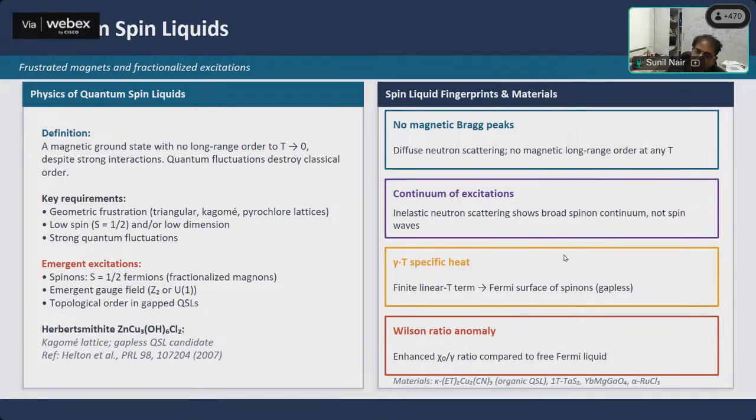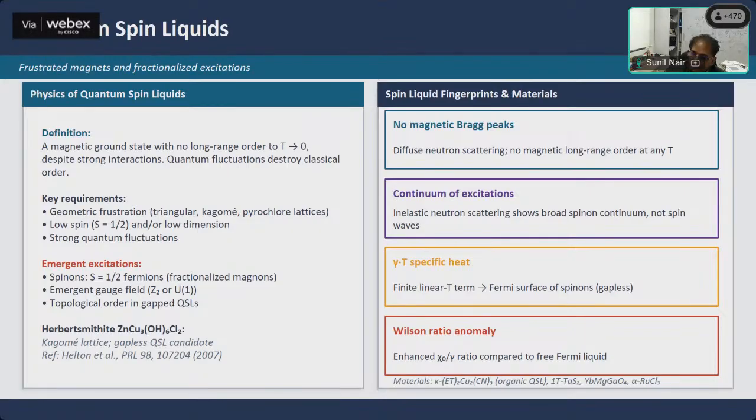So experimentally, there are quite a few tools which are currently available for us to get a sense of which systems are quantum spin liquids, and how does one quantum spin liquid differ from the other. For instance, are these gapped quantum spin liquids, or non-gapped spin liquids? And now you have, of course, the onset of an area called chiral spin liquids and so on. So there's a lot of interesting physics happening in this.